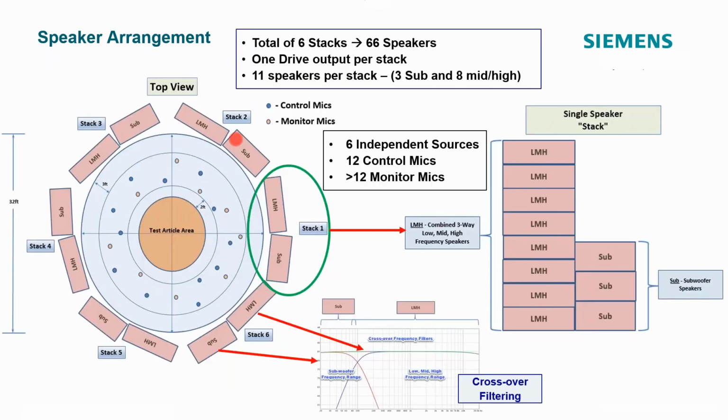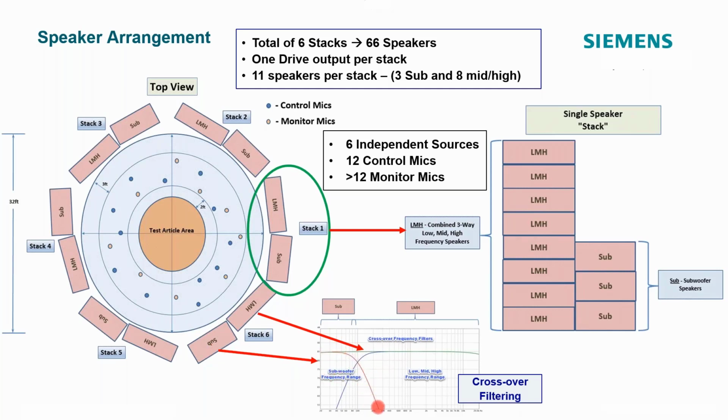A typical setup, this is depicting the speakers. This is a single, what we call a stack of speakers, and the stack of speakers is shown over here. So low, mid, high speakers, and there are 8 of those. And then we have subwoofers over here. And these different speaker components can excite different frequency ranges, and that's depicted in this diagram down here. So this is showing the spectral response of the subwoofers.